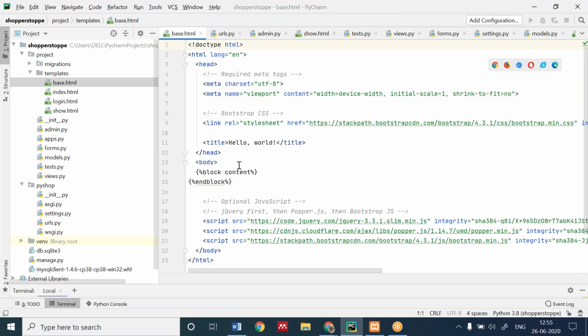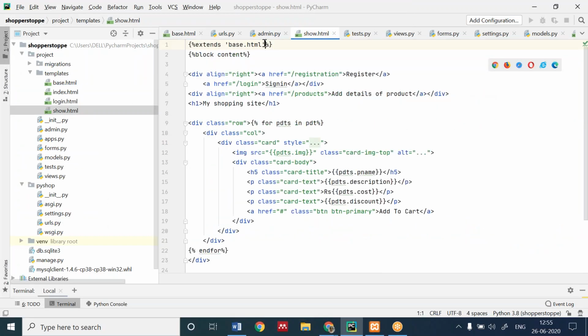How do we call any HTML file? We have to use this tag. This tag is basically called the template tag.